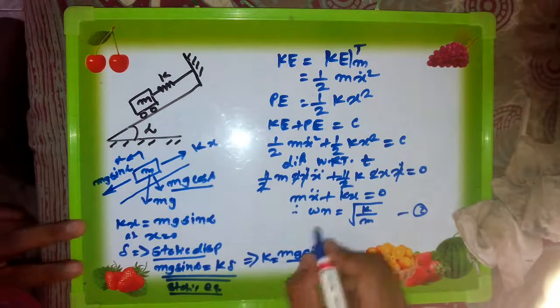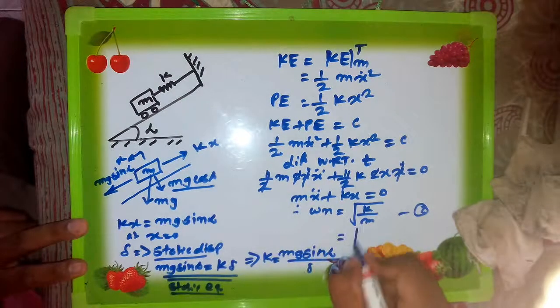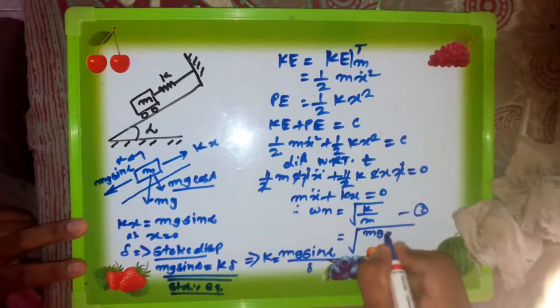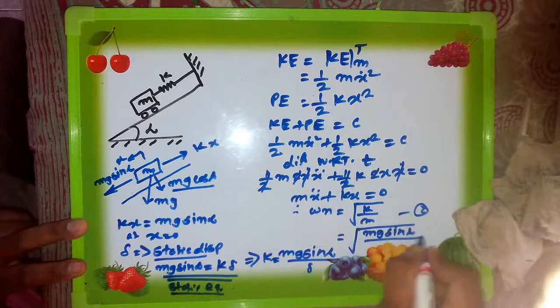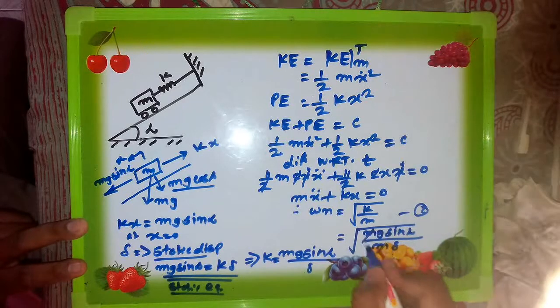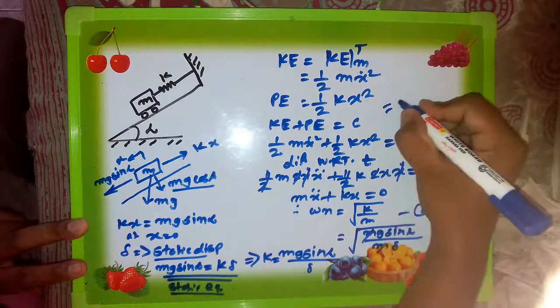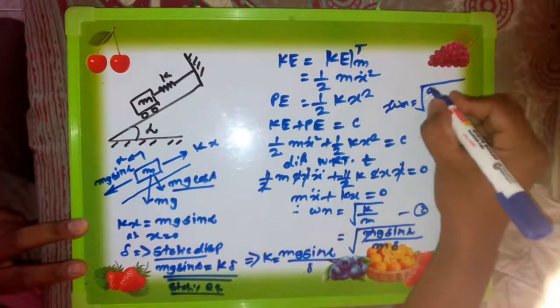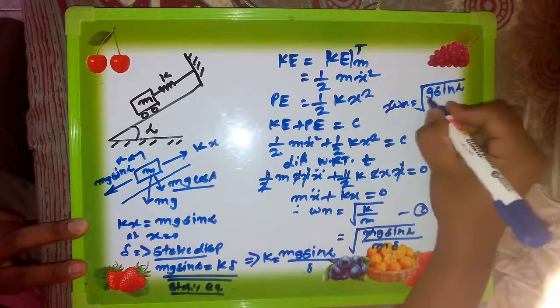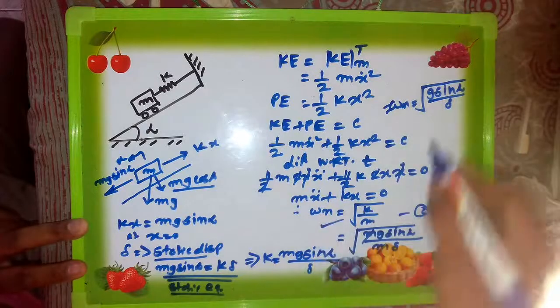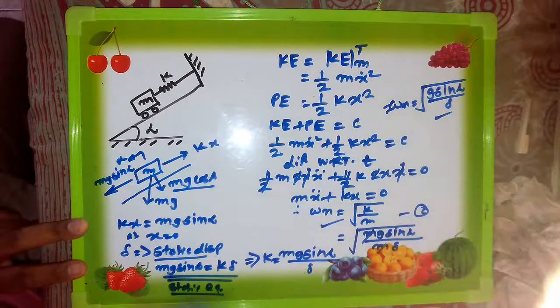Okay, so further the same equation can be solved. What is the value of k? It will be mg sin alpha upon delta, with m as it is. So if you simplify it, this m and m will cancel out. So I can write down omega n is equal to square root of g sin alpha upon delta. Both answers are correct. This answer is also correct, but this is more simplified.